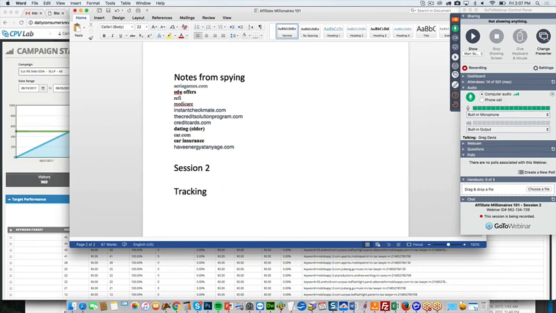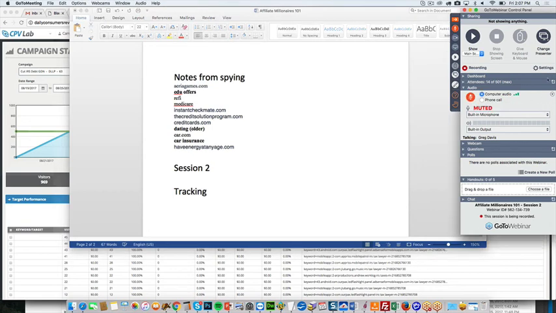I'll give you an example. This is one of my pet peeves. I just hate it. Sometimes you'll start a campaign and for whatever reason tracking doesn't work. Let's just say you spend $500 and you might get five conversions. Say you get five conversions at $40 each, so you make $200 from the $500 that you spent,